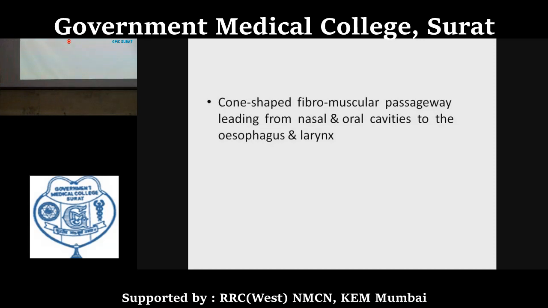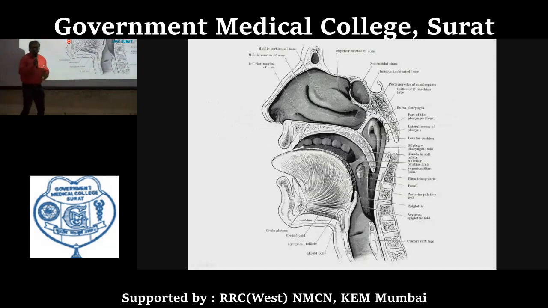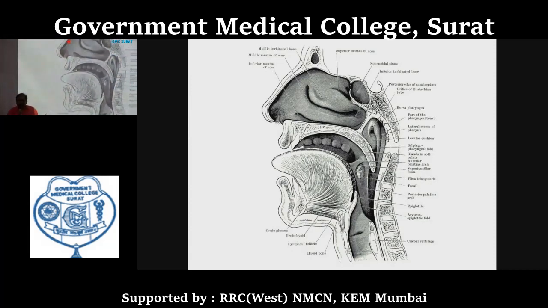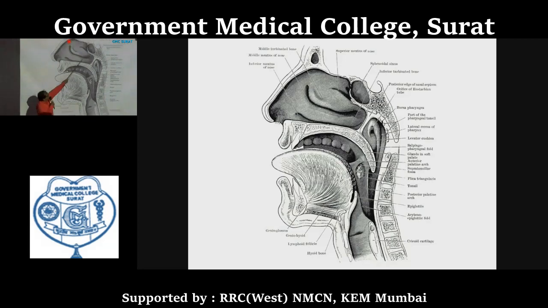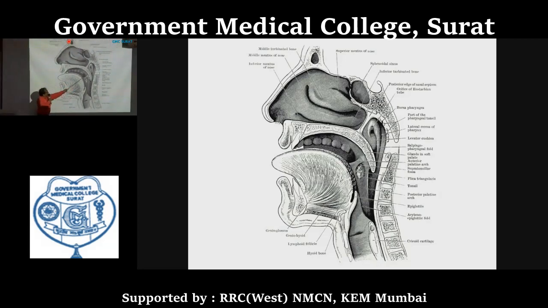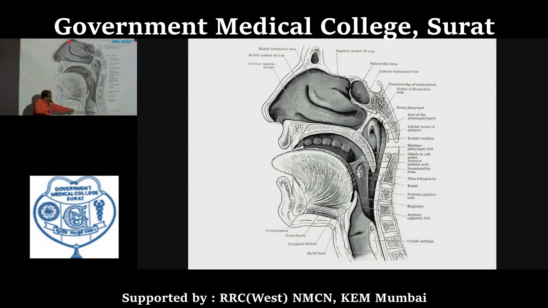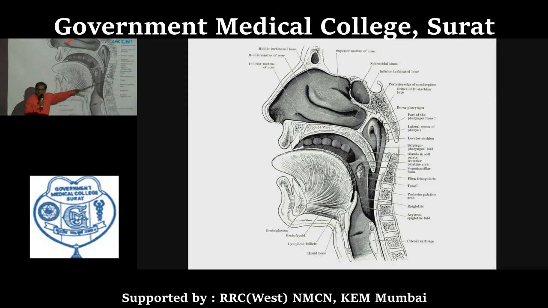Now, let me show the pharynx. Image of the pharynx. Now, this is the schematic presentation of the mid-sagittal section of head and neck. Here you can see this is the nasal cavity. This one, you can see the nasal cavity and oral cavity also. And behind the nasal cavity, this is the part of the pharynx. Behind the oral cavity, this also is the part of the pharynx. And here, that leads lower down. This one is the pharynx. Up to this level, it's the pharynx.